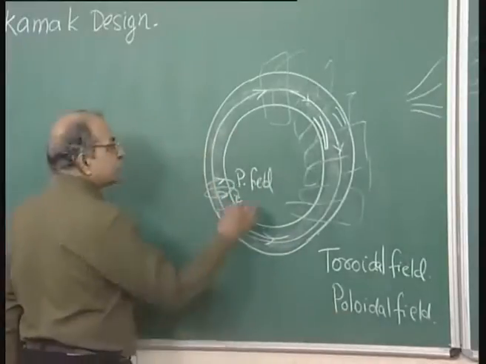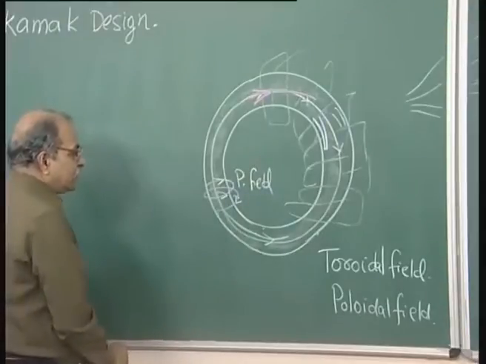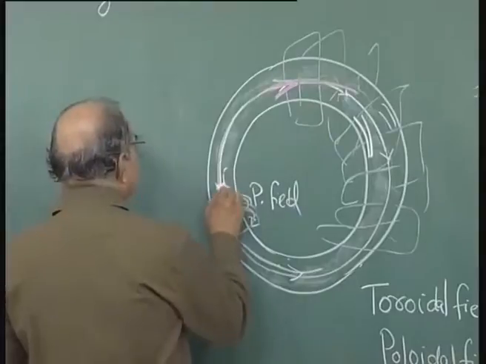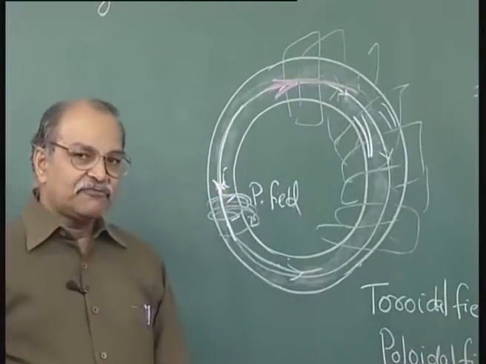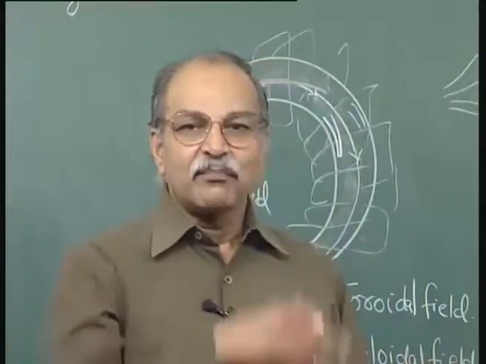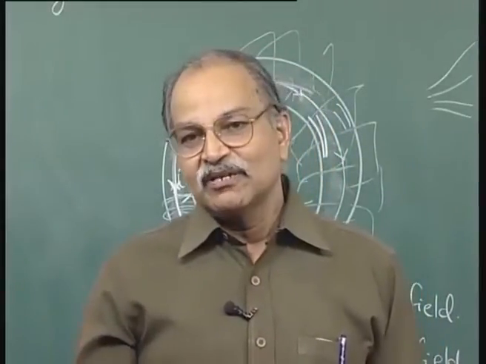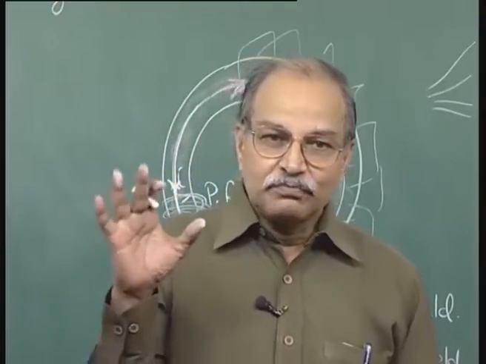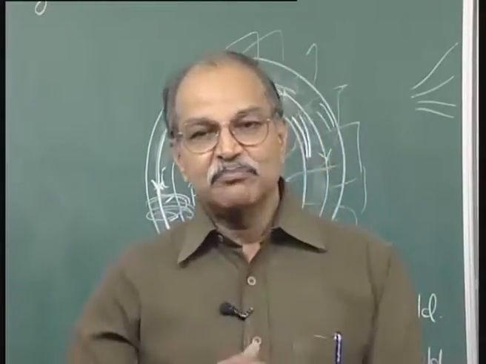One circle is the magnetic field, the toroidal magnetic field, and then we have another circle here which is, say, current. So, the combination of these fields properly designed, this toroidal field and poloidal field, is able to contain the plasma for some reasonable time. So, this is the basic of tokamak design, and this design is being pursued.